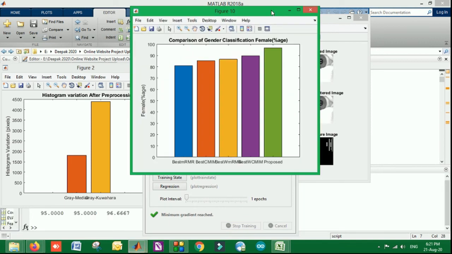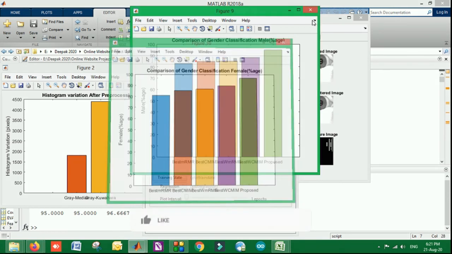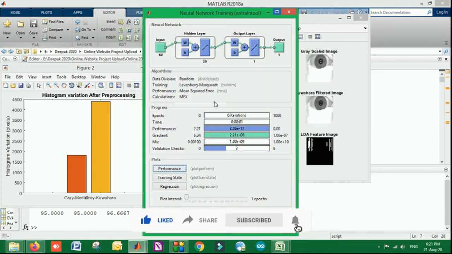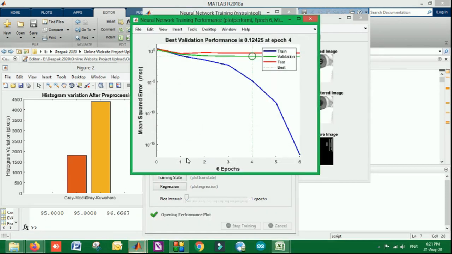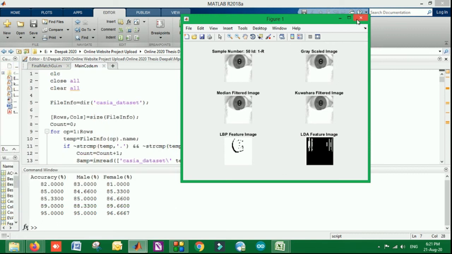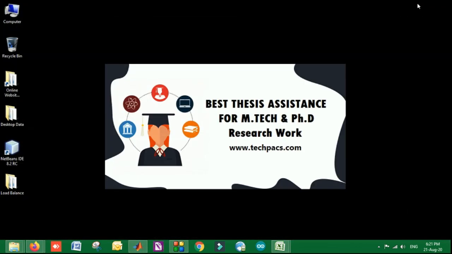Once it is done, the evaluation is done at the back end, and results are shown in the form of accuracy for male, female, and many other factors, such as F measure, precision, recall, and the mean square error also. If you want to check the rest of the things, the neural network performance is also shown there, right? So this is a high level model design with feature extraction, enhancement, and neural network classification. The filtration and enhancement processes are introduced to get better accuracy at the end.